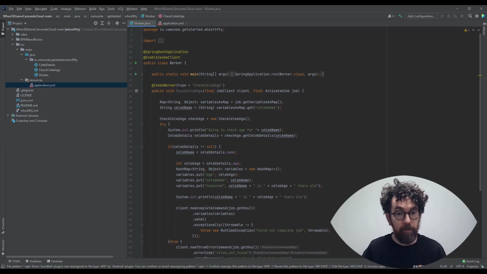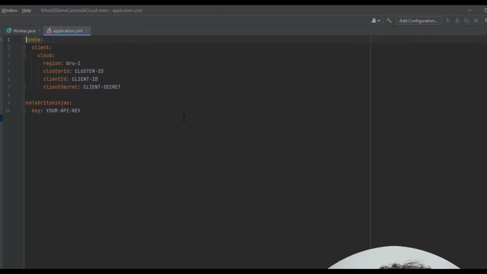Okay, so that's this single class, which does all the work. The next thing I want to talk about is the YAML file, and it's important because we're going to need to add some parameters in there before starting up. Luckily enough, the parameters that we need are all located right here in the YAML file.